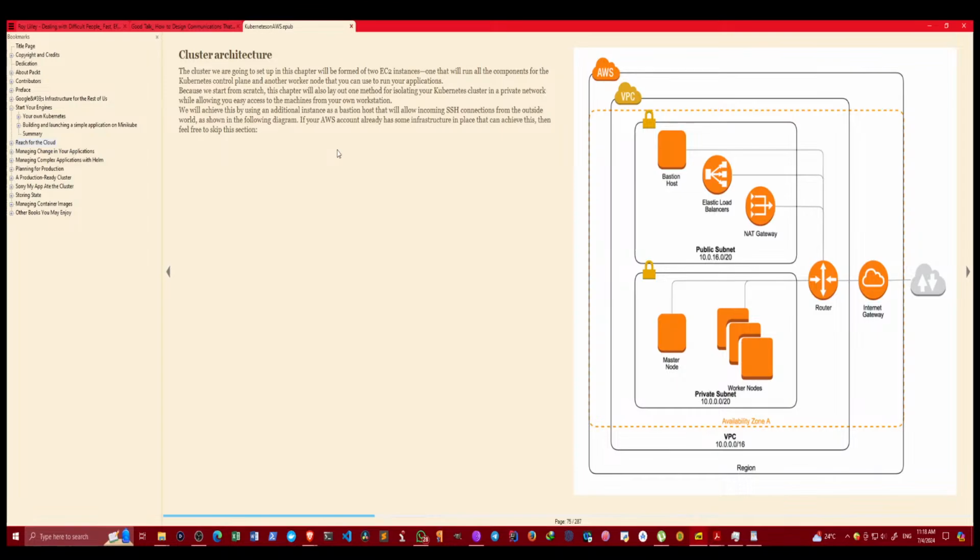The cluster that we are going to set up is made from two EC2 instances, one that will run all the components for the Kubernetes control plane, and another worker node that you can use to run your application. Because we start from scratch, in this chapter we will lay out one method for isolating your Kubernetes in a private network while allowing you easy access to the machines from your own workstation or desktop. So AWS will have a virtual private cloud, VPC,